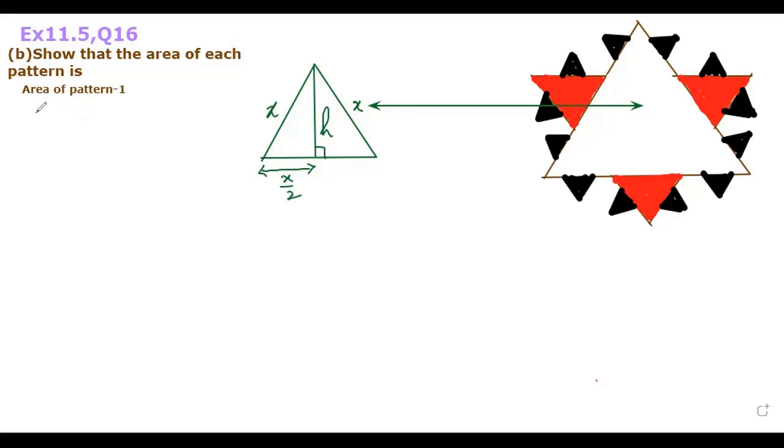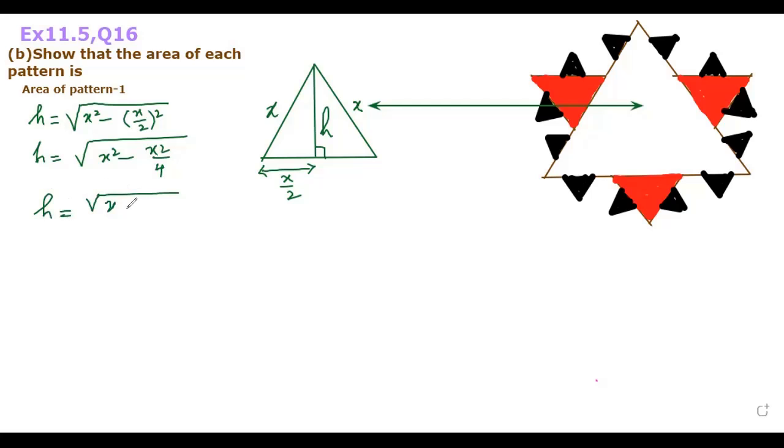So height will be equal to, using Pythagoras theorem, x square minus x upon 2 whole square, which will be equal to x square minus x square upon 4, which will be equal to